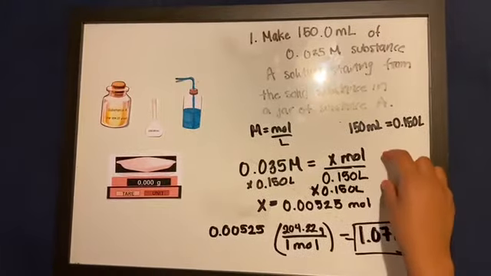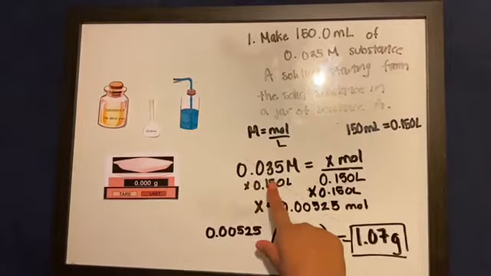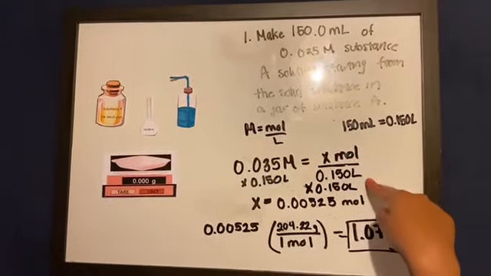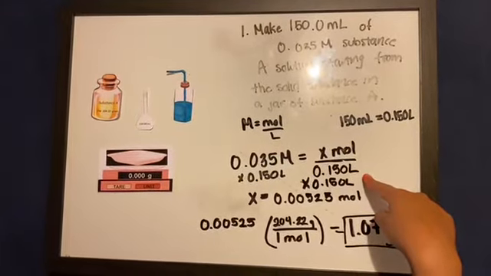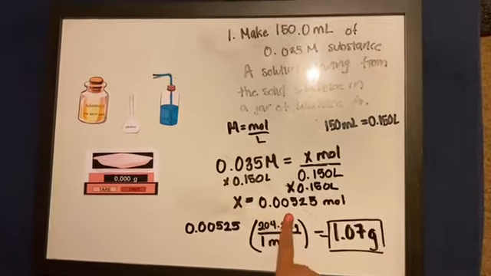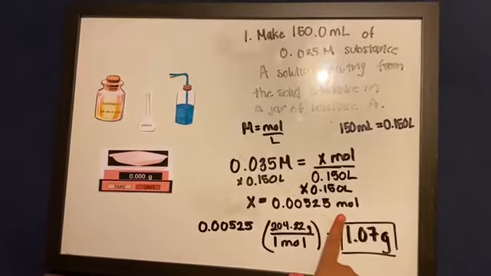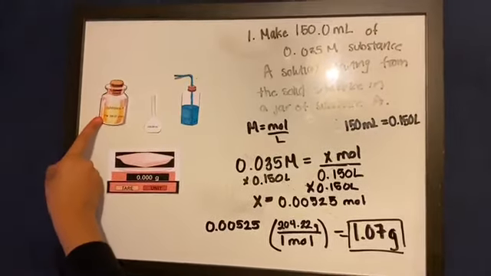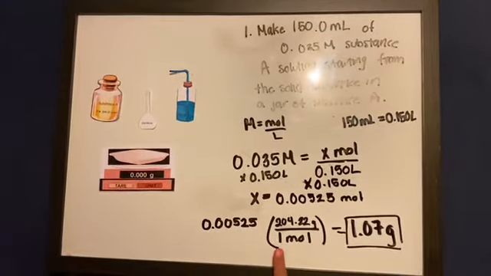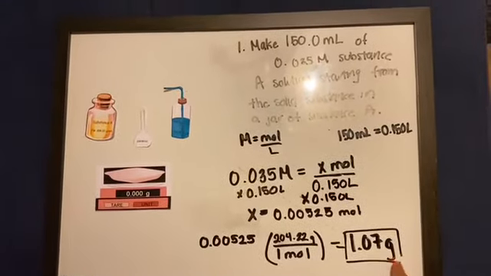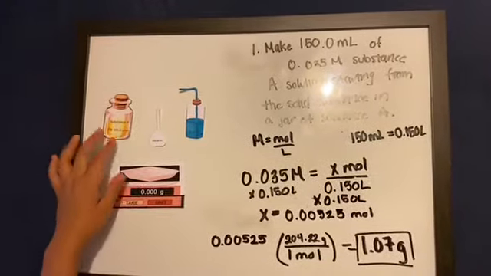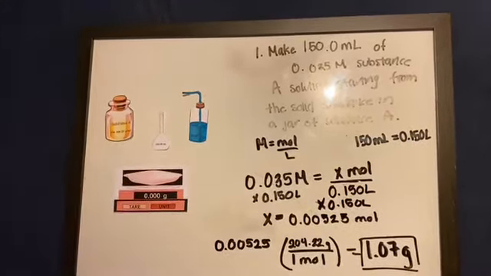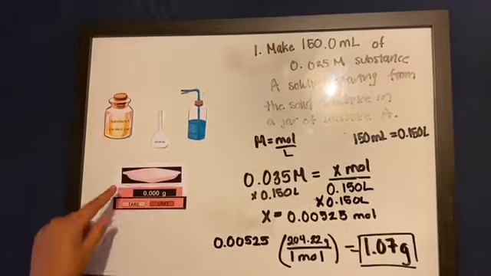Once we plug our information into the equation, 0.035 molarity equals X moles, which we're trying to figure out, over 0.15 liters, we get 0.00525 moles. From there, we convert the moles using the conversion factors given for substance A, and we get 1.07 grams. To make this solution, you're going to weigh out 1.07 grams of substance A after you tare it out